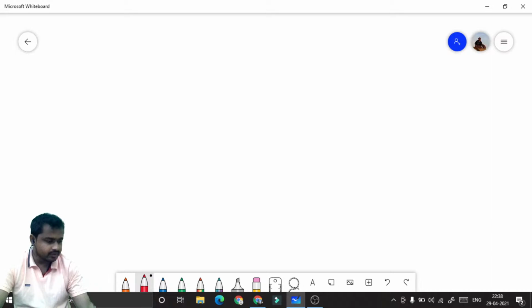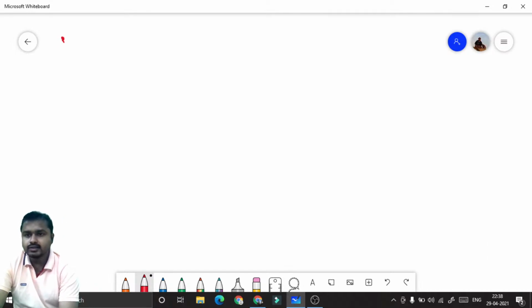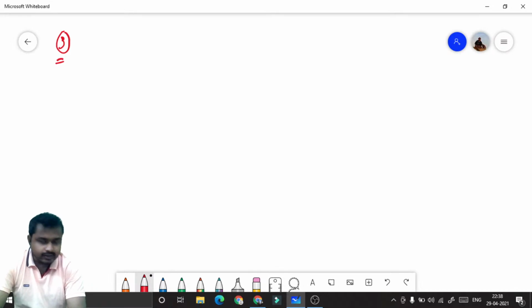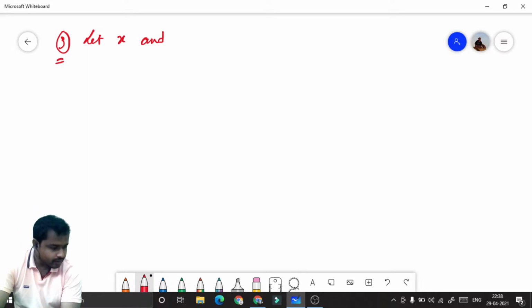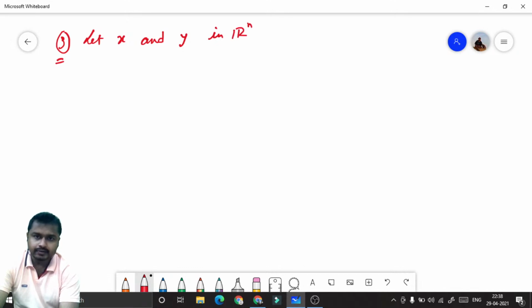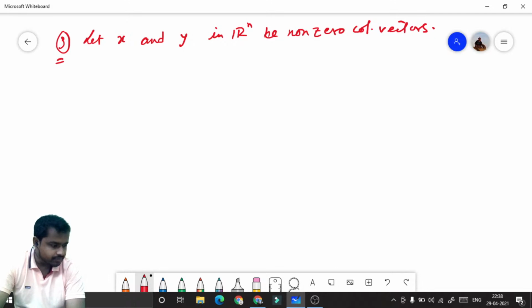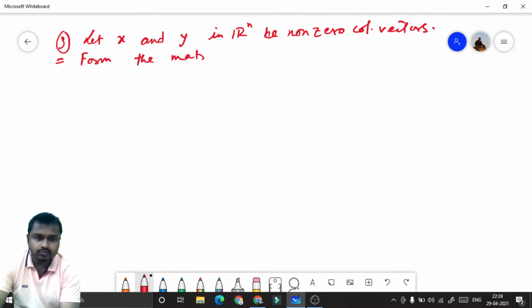Next problem, another interesting problem it is. It says that let x and y be non-zero column vectors in Rn. Then form the matrix